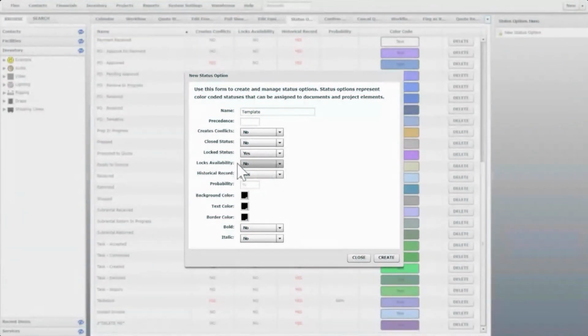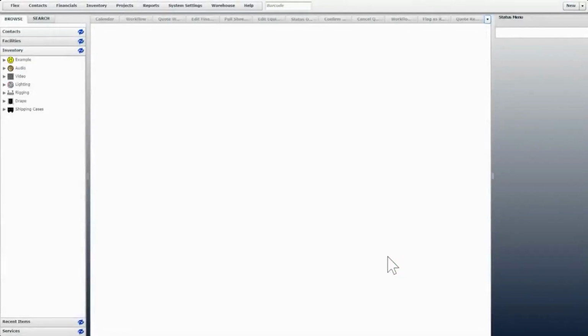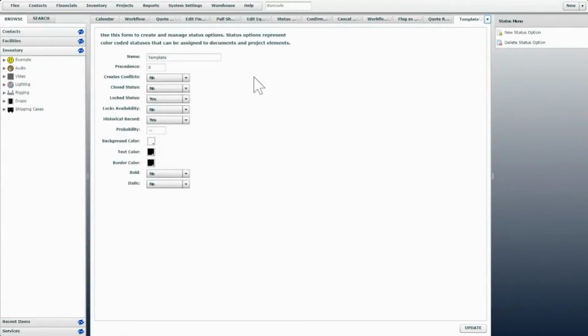Locks availability is not something we want. That is relative to pull sheets and manifests. And then just really quick for this, I'm just going to give a background color of white so that it will display, okay? So we have to create that new status. Once we've done that,